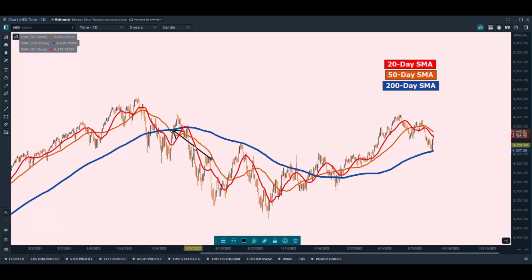And so really whenever you have the SMA increasing, you're in an uptrend. Whenever you start to flatten out, regardless if you're on the 200 or the 20 or the 50, you really are starting to lose that trend. And you can see here that we really started to flatten out back in April and May of 2022, and then we continued down. As we continued down and hit new lows, the 200-day SMA